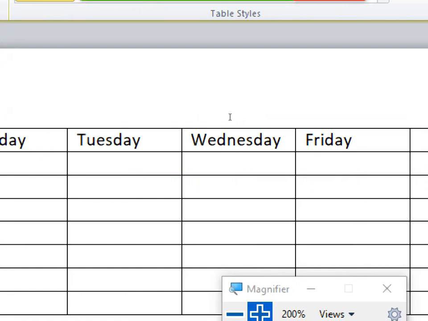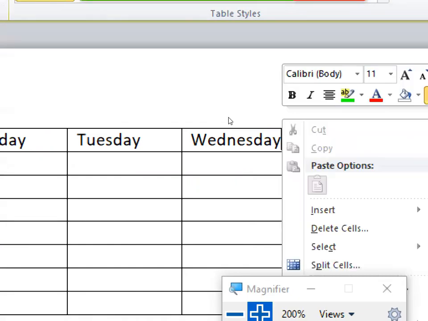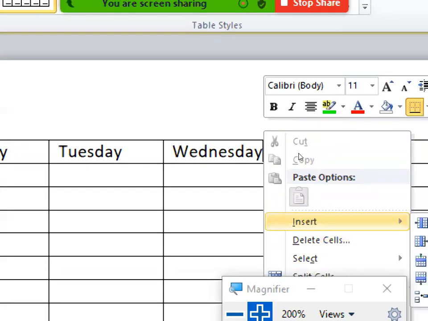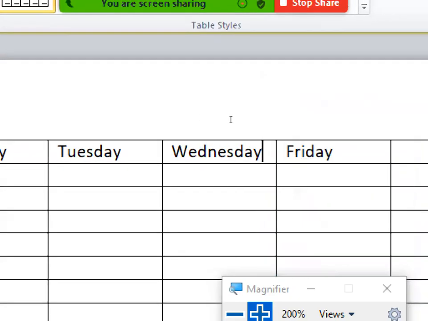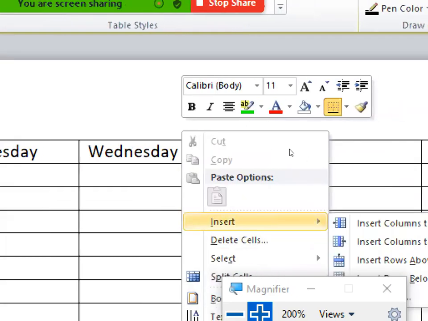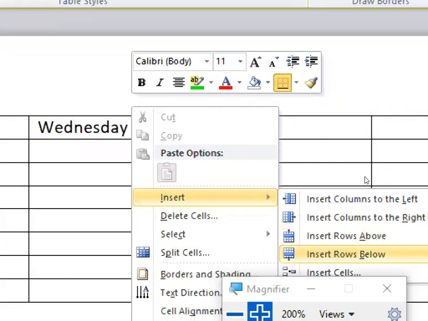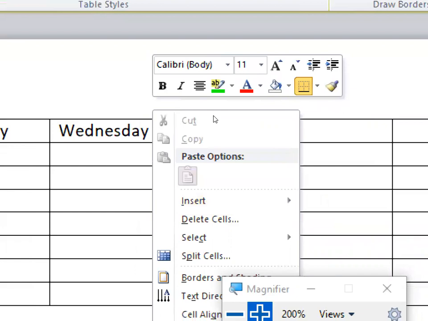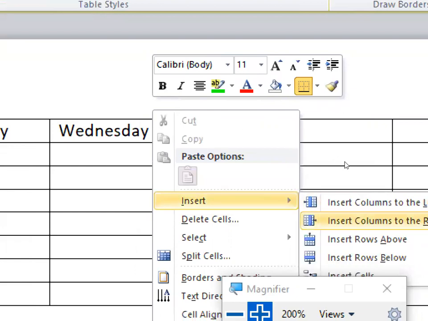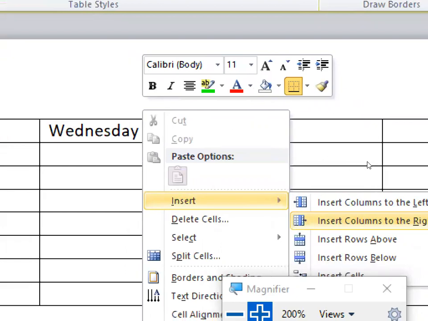So for that, you can click on this particular column and use the right click of your mouse, and then say insert. What you need to do is click on this particular column and right click, and you'll get an option called insert. Now it is asking whether you want to insert columns to the left of this particular column, or to the right of the current column.